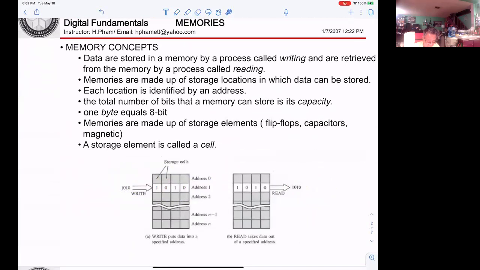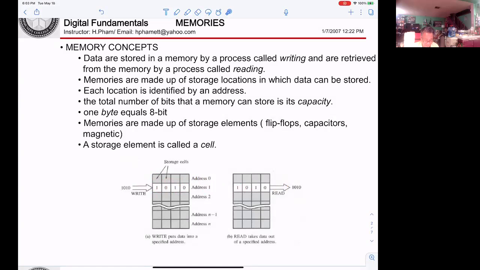Okay, that means you're looking at a very simple memory. Each one here, they call a word, word zero, word one, or they can call it address zero, or they can call it location zero in the memory. That's what we're talking about, the RAM. With the RAM you're able to write data into the memory, and